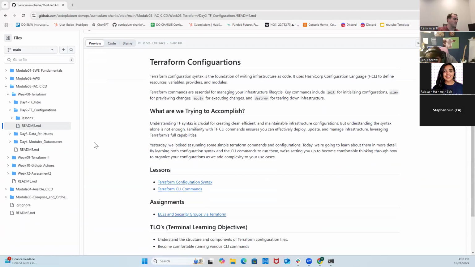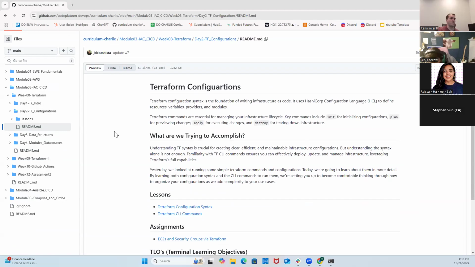Alright. Welcome back, everyone. Today we're going to go over a little bit more Terraform, covering Terraform configurations and some basic Terraform commands. Terraform configuration syntax is the foundation of writing infrastructure as code. It uses HashiCorp Configuration Language, or HCL, to define resources, variables, providers, and modules. Terraform commands are essential for managing your infrastructure lifecycle. Key commands include init for initializing configurations, plan for previewing changes, apply for executing changes, and destroy for tearing down